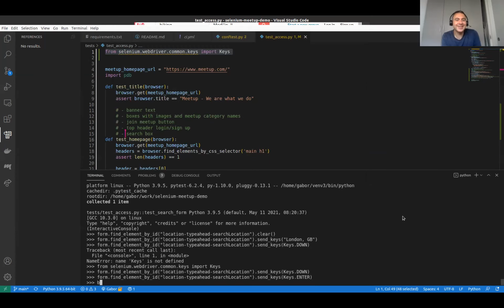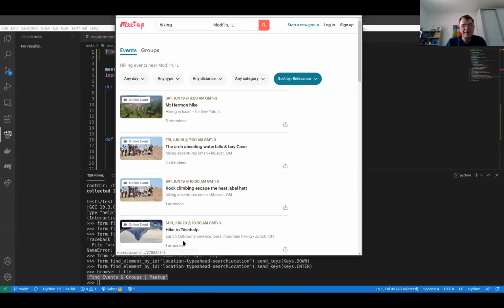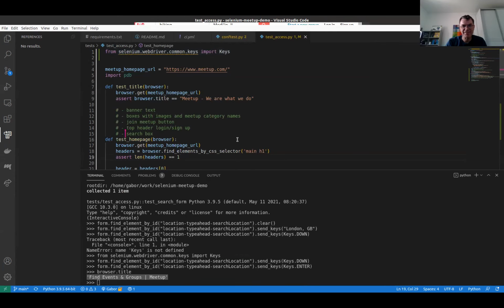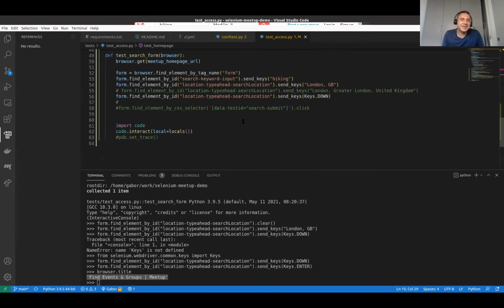This doesn't work. No, but the location didn't work. That's a different title, right? They moved page. Look, you are now searching for hiking trips in Modi'in. Ah, it's Modi'in? Yeah. Ridiculous. Which is what you wanted in the first place, but yes, that's not the test.